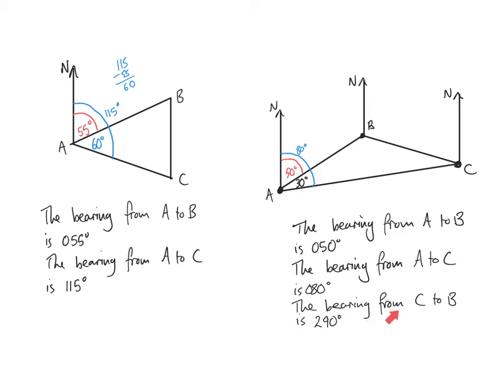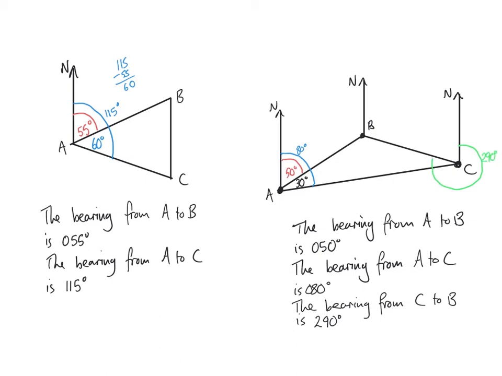It says the bearing from C to B is 290. Now again, the word from here, from C means I'm standing here when I'm taking my bearing and I'm measuring clockwise from north until I hit the line that leads towards B, because it's the bearing from C to B. So I go all the way around until I hit B. And it tells me here that that is 290 degrees. So let's mark that off. We can use a green pen this time. So all the way around there is an angle of